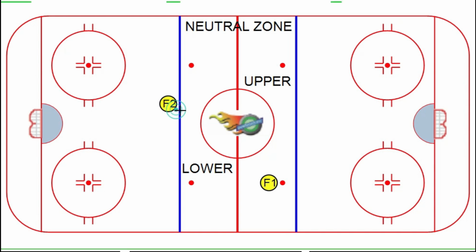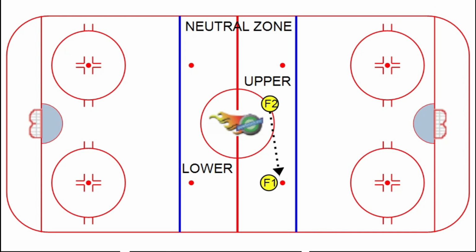Years ago, this would be known as a two-line pass. Nowadays, it's called a stretch pass. Here in this example, I've placed F2 in the lower neutral zone. I have a rule on my team which requires that players with the puck in the lower neutral zone are allowed to pass the puck to a forward that's advancing in the upper neutral zone. However, I do not allow players that are in the upper neutral zone with the puck to pass to each other,